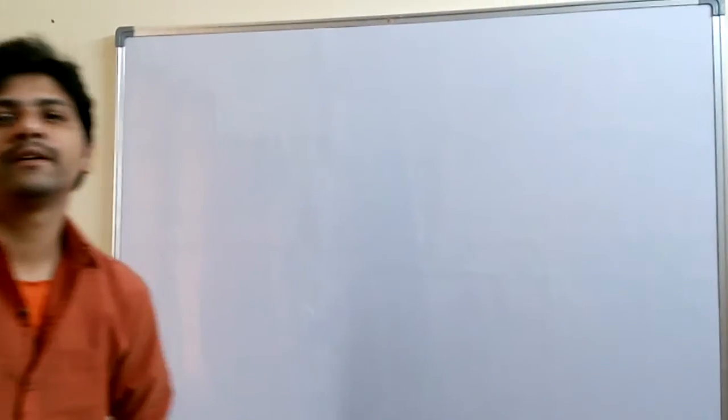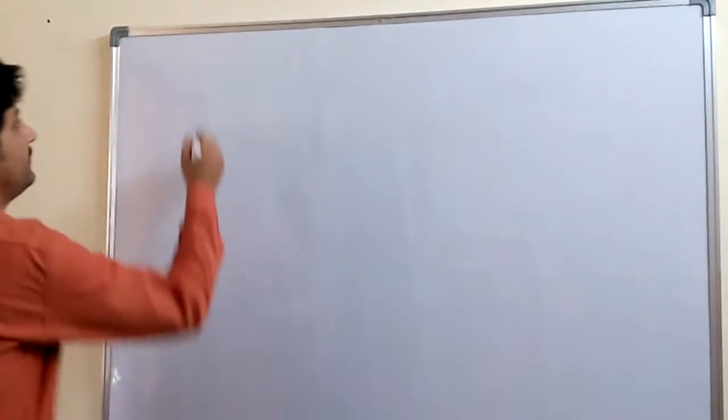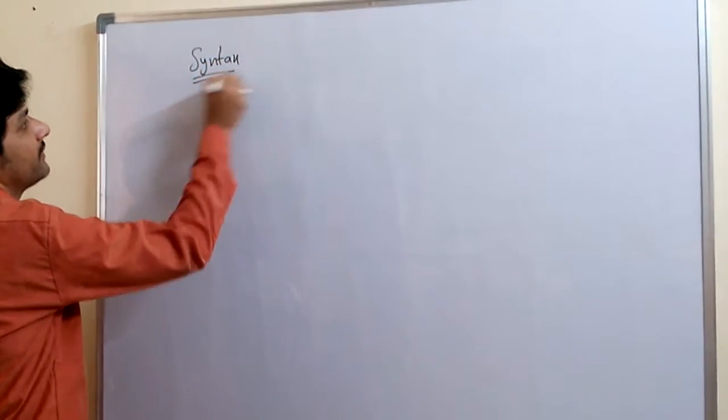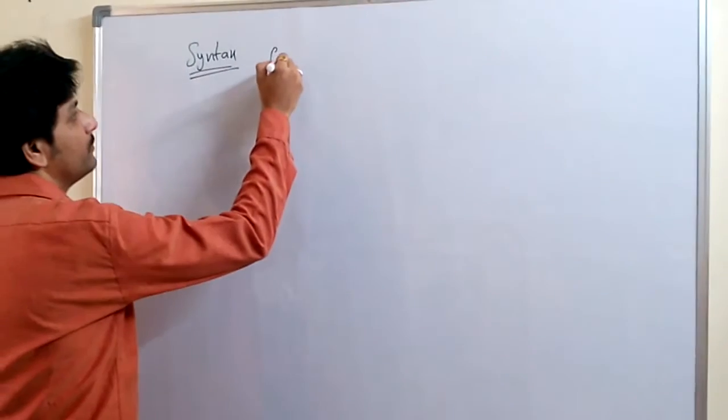So we are going to understand the for loop now. Before going to understanding the for loop, we need to understand the syntax for the for loop. The syntax for the for loop is for